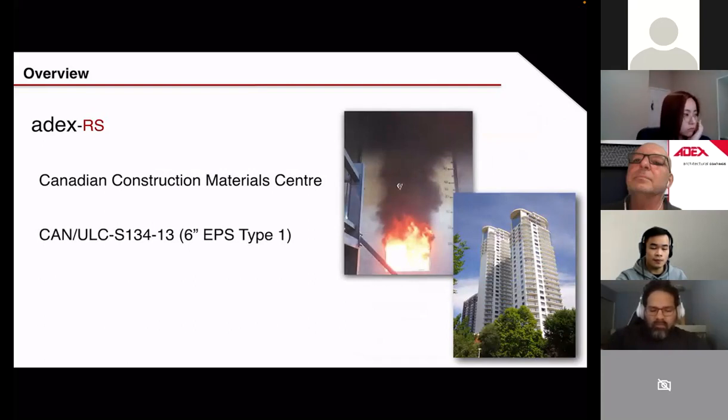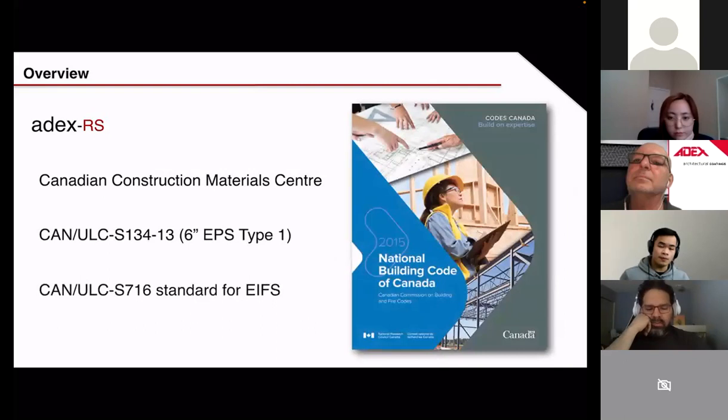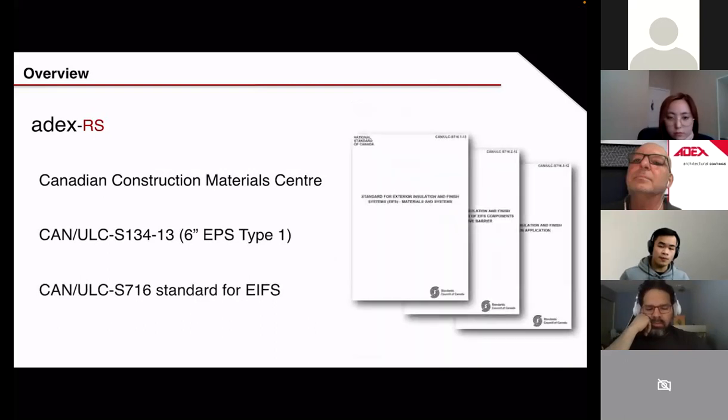You see, the insulation, this foam, is combustible. But in the building code, there are many code relaxations where you can use combustible materials in a non-combustible wall assembly, provided they've been tested to CAN/ULC S134, which we have. And we also comply with the CAN/ULC S716 standards, which has 3 different parts, and we comply with all of them, which is basically the heart of the building code when it comes to EIFS in the